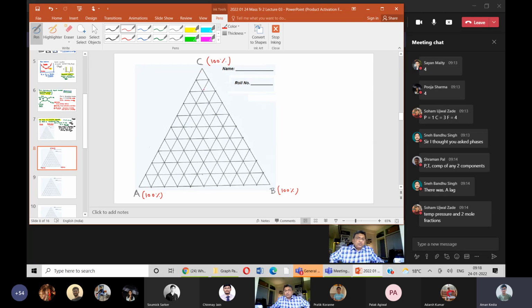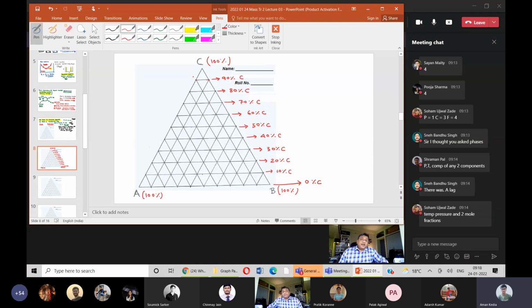And as you move away from the apex, this line represents 90% C, this line represents 80% C, this line represents 70% C, this line represents... I will go like this for a while so that everybody understands, though I think the class has already understood what I mean to say. 40% C, 30% C, 20% C, 10% C, and therefore this line would be 0% C, right? And no restriction, you have to only draw for C, nothing like that.